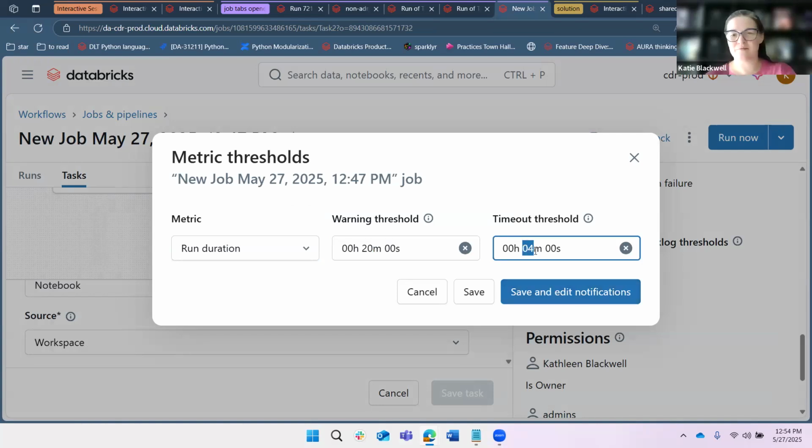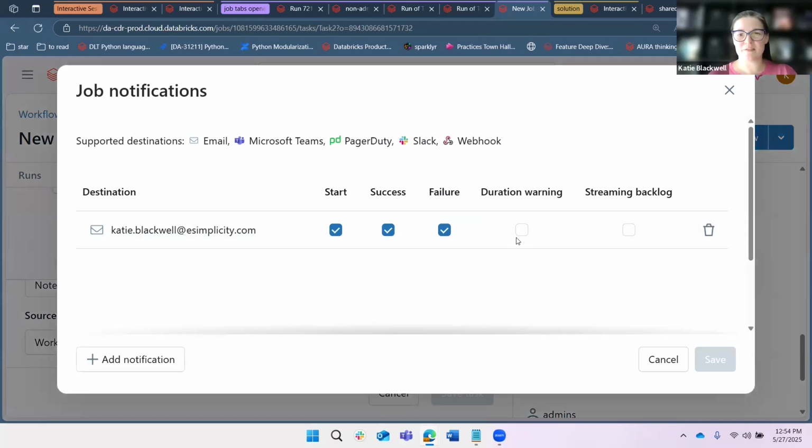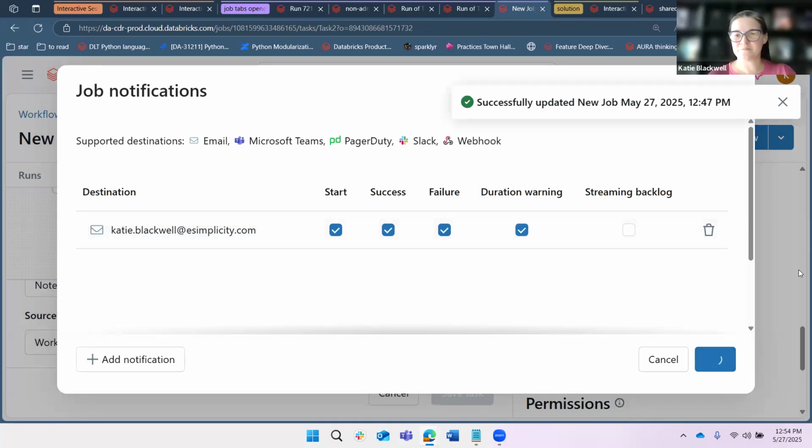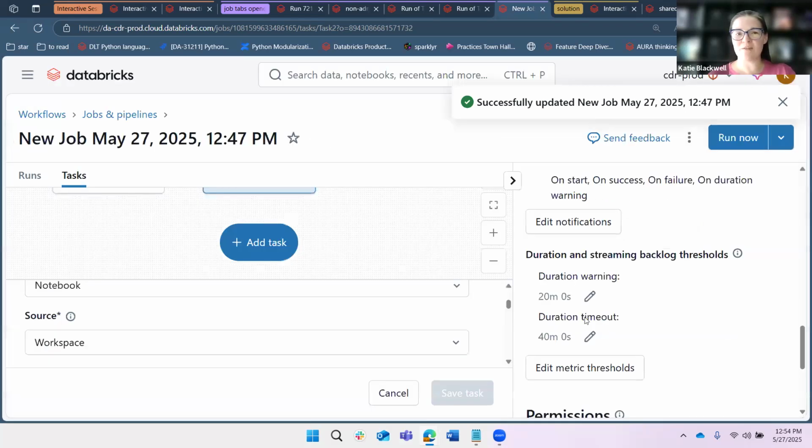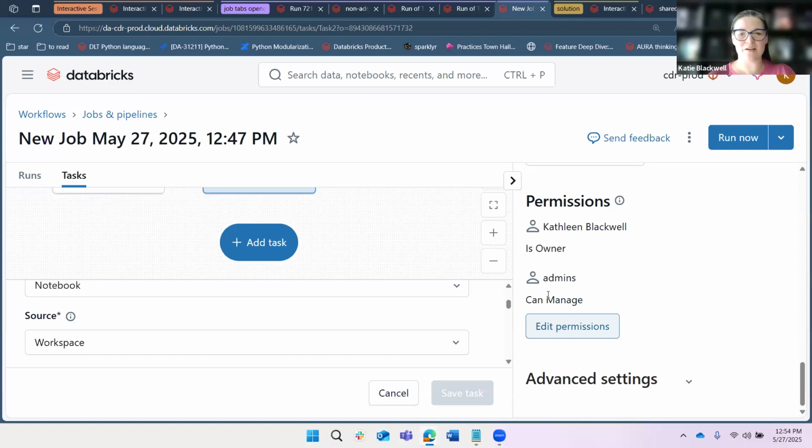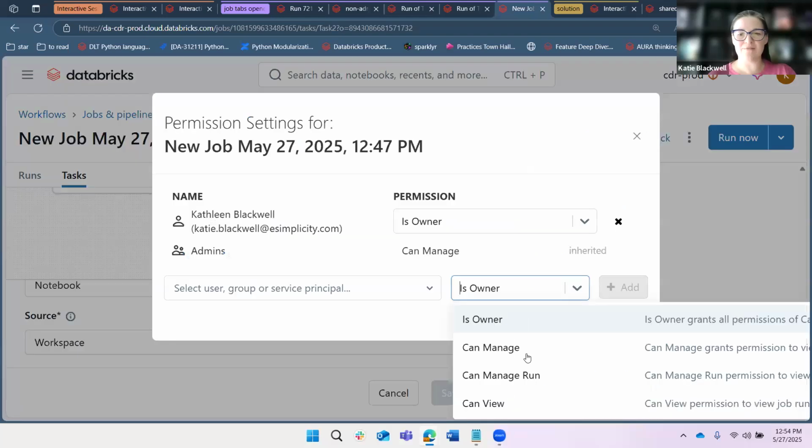And then select duration warning. And then for permissions, you can only have one owner, but if you have other teammates who are working on a project with you, you can have them, if they can manage the run. If it's something that you work on together, have a backup person who can manage it, and then have multiple people who can view or who can manage,